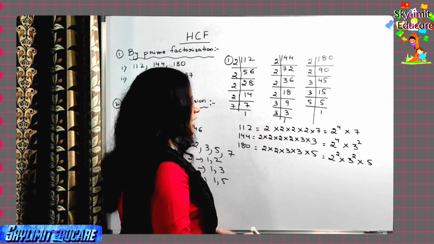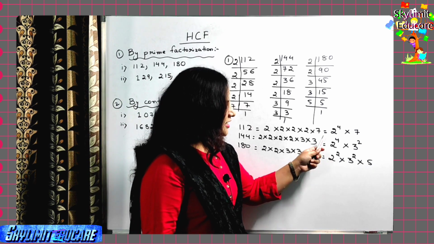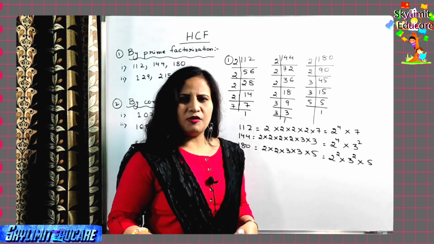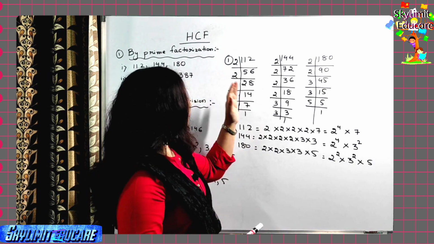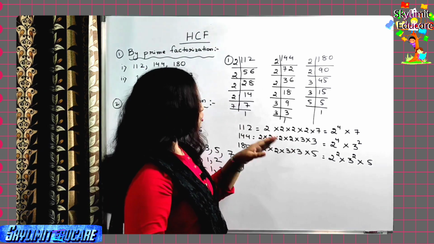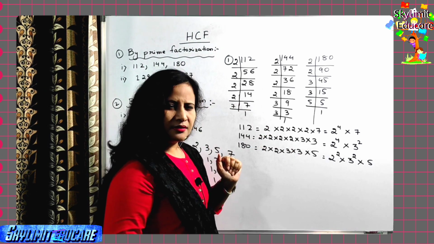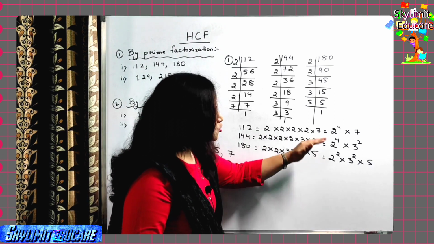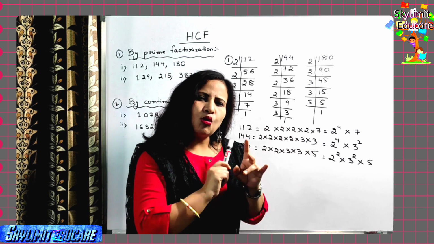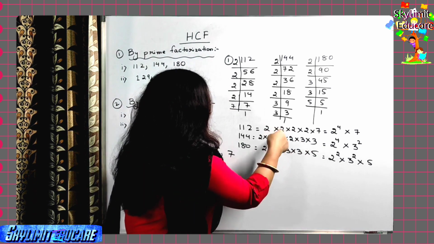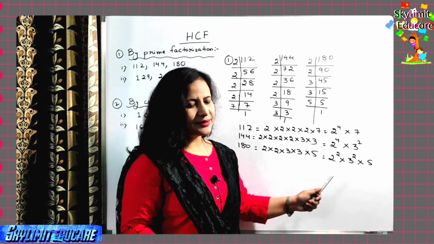Okay. So now students, you have already expressed these factors in the form of exponents, right? The next thing is, when you are finding the HCF, you should see how many numbers are given. So there are 3 numbers given. First find out the number which is common to all the 3. Instead of circling and doing, you had better follow this technique, right?